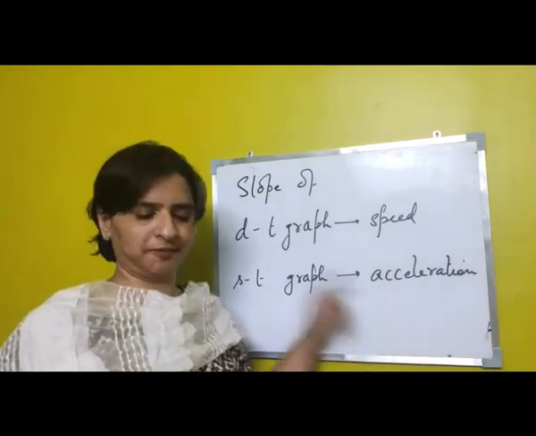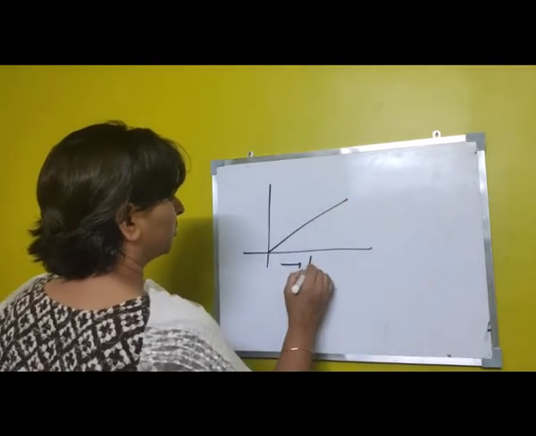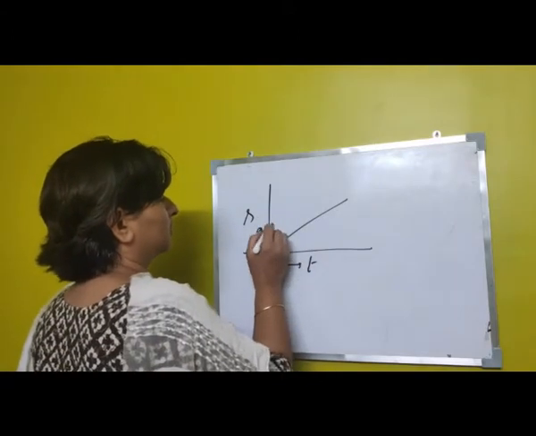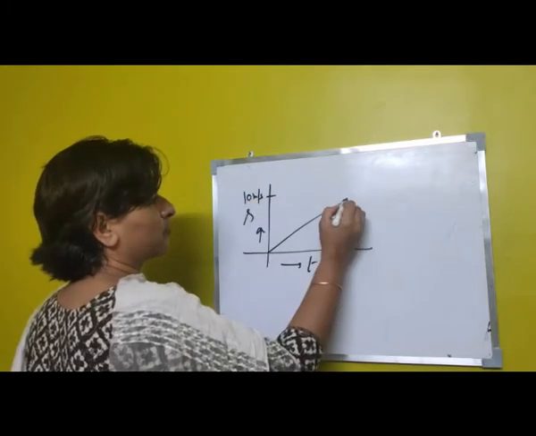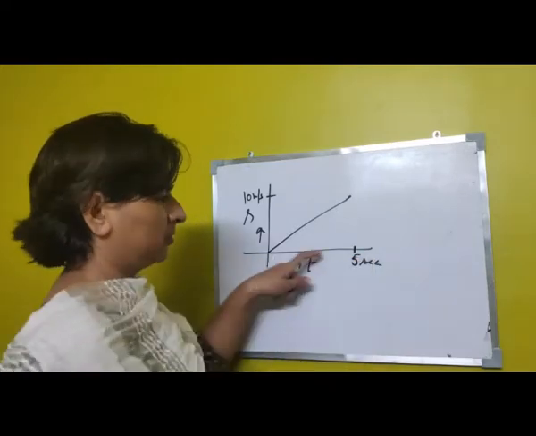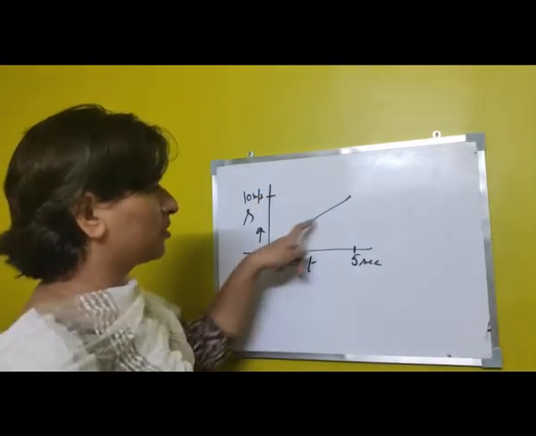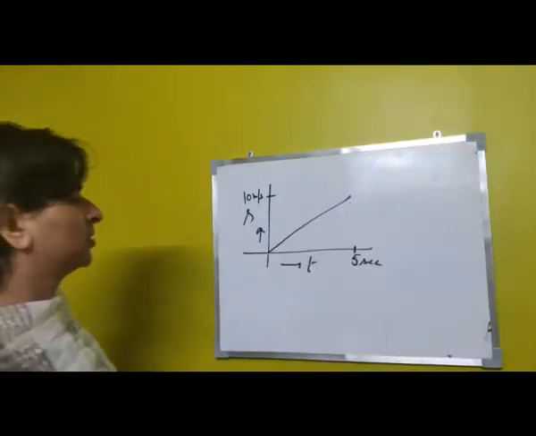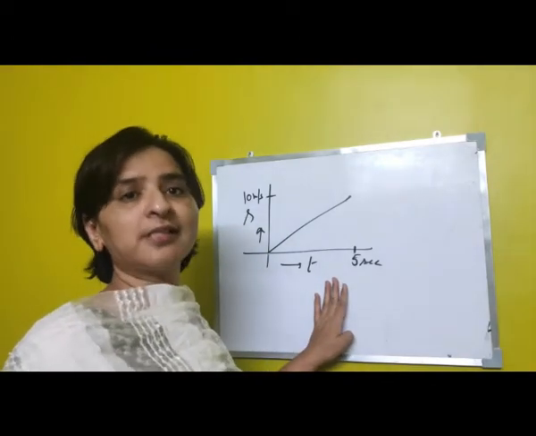Now suppose this is the speed time graph plotted for the motion of an object, say we found that this velocity attained was 10 meter per second at this point, and the time taken was say 5 seconds. In 5 seconds, the object had gained a velocity of 10 meter per second, fine. And this is your graph plotted for the motion of the object. This can also help me in finding the distance covered by the object.